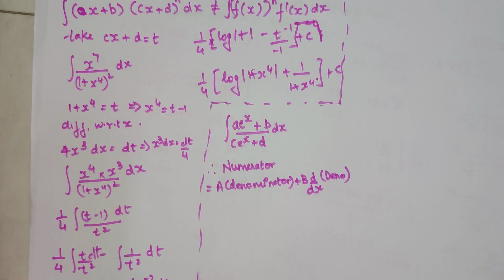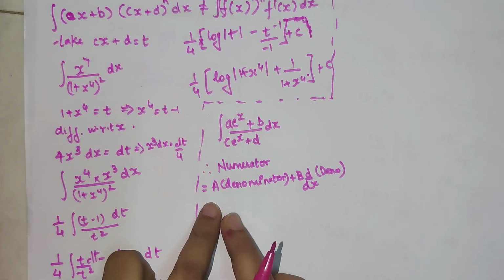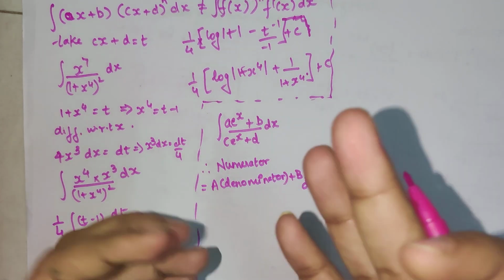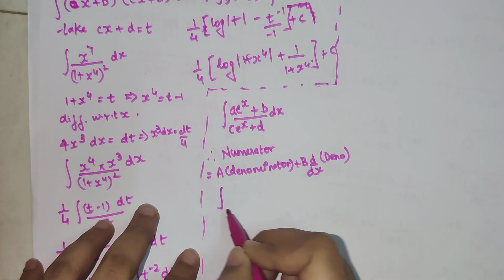Okay, so yeah, this looks quite different than what we have done by now, but this is very easy to identify. In fact, I like this property a lot because it's so easy to identify. Once you're done with this, you substitute your numerator in this form and then continue by solving. So let's try and understand how to do this.